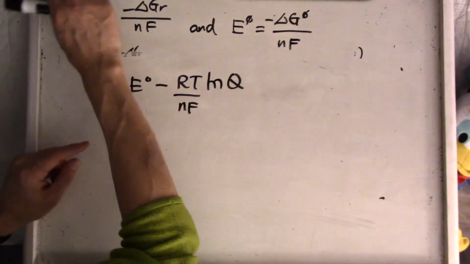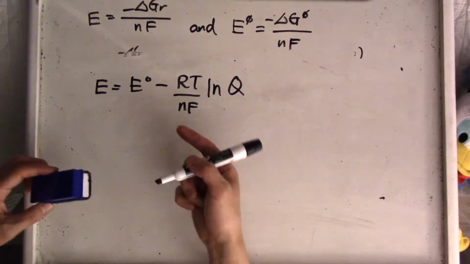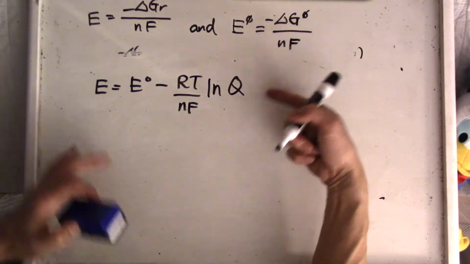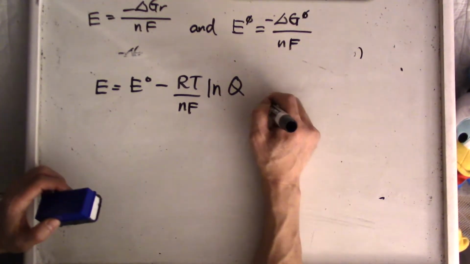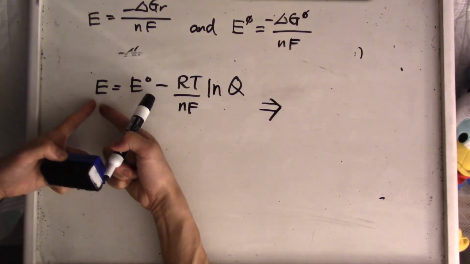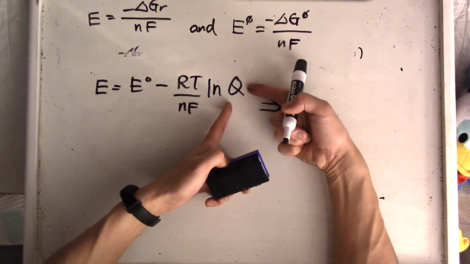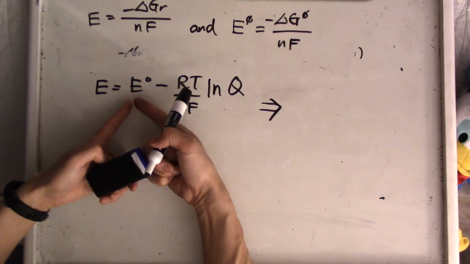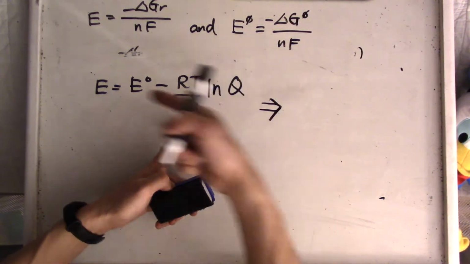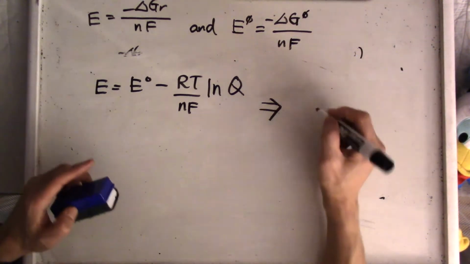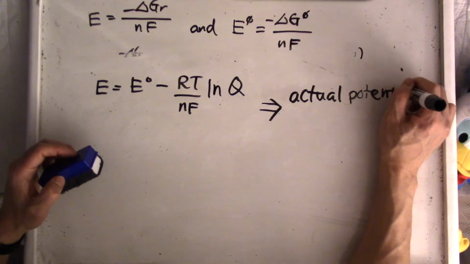So now this is kind of cool. Let me rewrite this because it looks really cool. So here, natural log of Q. What does this mean? This is similar to what you saw earlier with delta G equal to delta G standard plus RT natural log of Q. This is the actual potential that you can get when you have a mixture of product and reactant, or a starting material. So you have a standard cell potential, but then a deviation from it based on how much product or reactant you have, and that would change the actual output. So in this case, you can call it the actual potential